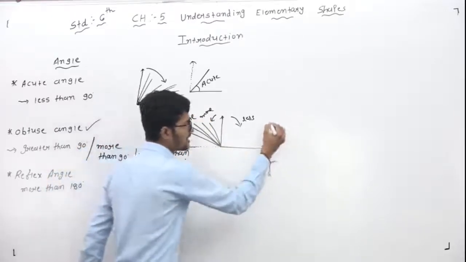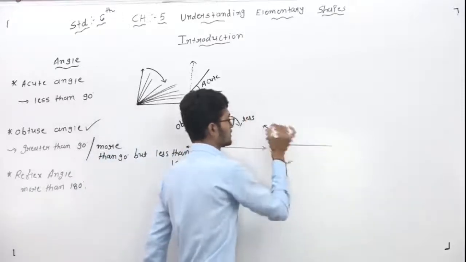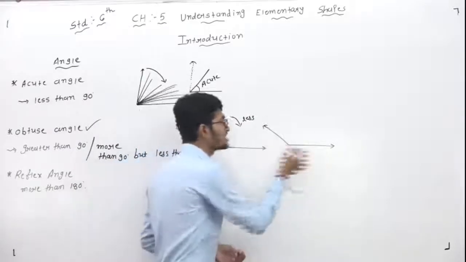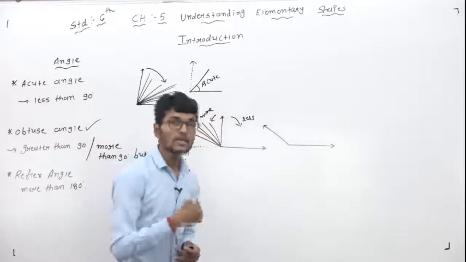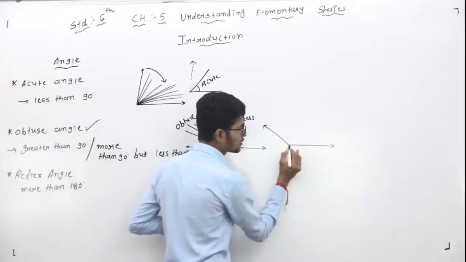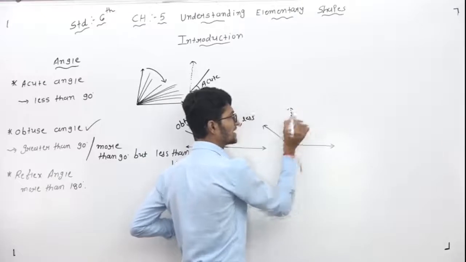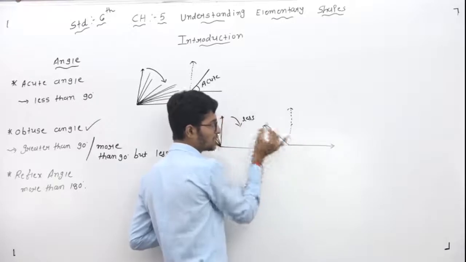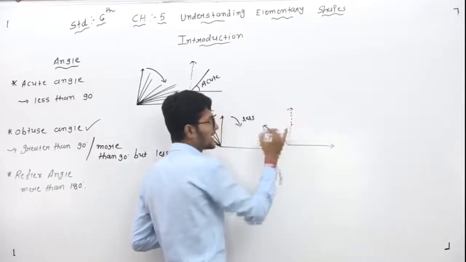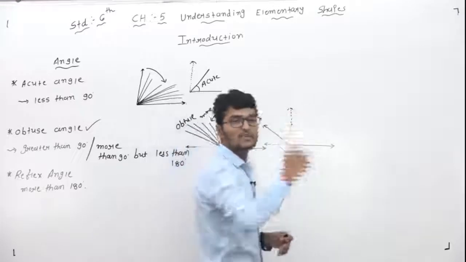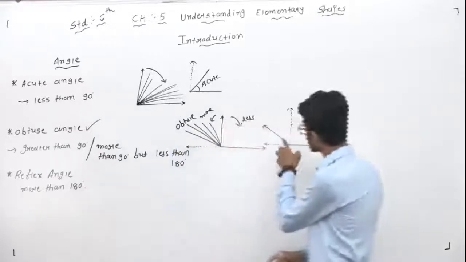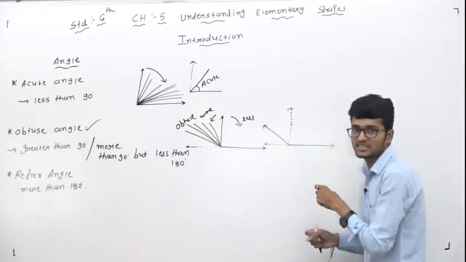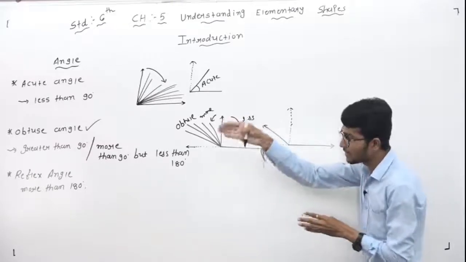If you draw in the same way, suppose, then this angle measurement तो we don't know, इसका हम measurement प्रोटेक्टर से ही कर सकते हैं. But which type of angle is this? Acute angle, obtuse angle or reflex angle? So this one is the vertex. From the vertex, one straight line is the 90 degrees, and this one is the straight line, 180. So it is between 90 and 180: more than 90, less than 180. This means it is an obtuse angle. Measurement वो हम लोग नहीं बता सकते, वो हमें प्रोटेक्टर से मेजरमेंट करना पड़ेगा. So understand acute angle and obtuse angles.